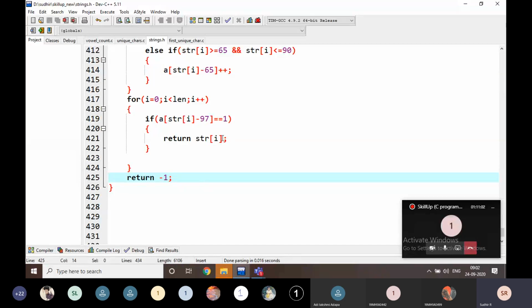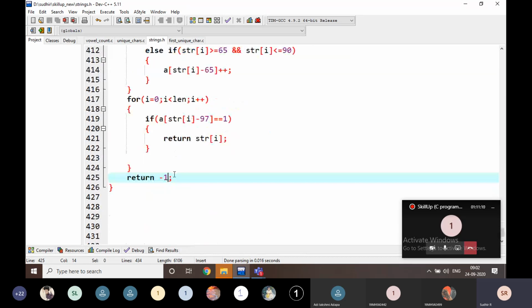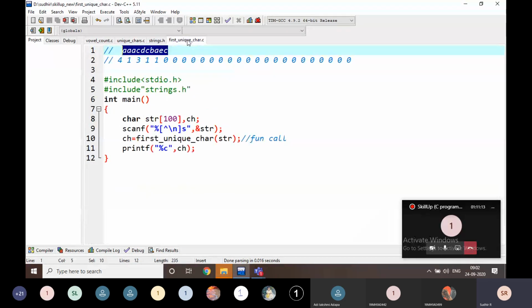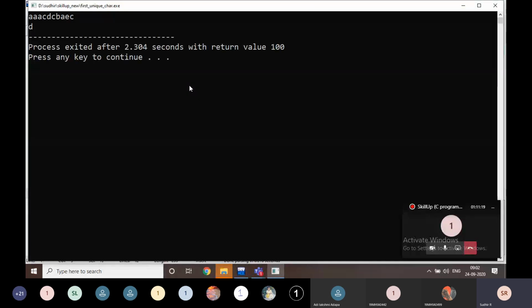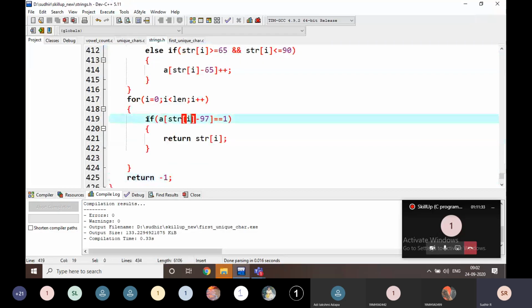If there is a character here, I am going to treat it like this. Here, something else, not returning anything. Just I am going to execute it. If I execute it, just look at here. What is the output here? The output is going to be D here. That's it. Very simple, right? I am doing the program working on the string here. If the array value is 1, I am going to return str of I. That's it, nothing else.